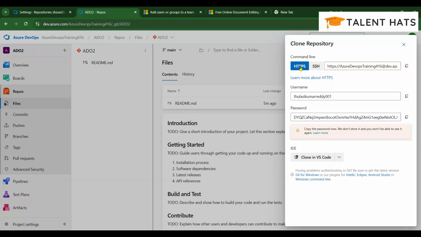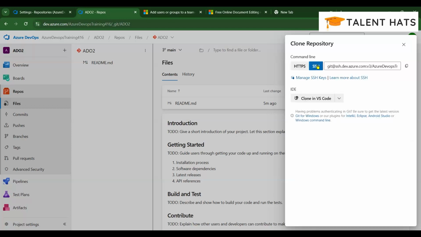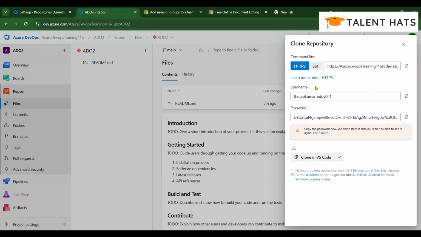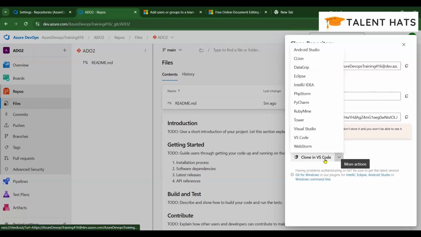And there is another option, clone in IDE, like Visual Studio. So these are all things Azure DevOps supports. If you want to work on the source code and you're not comfortable, we will see how it works. So if I go to Visual Studio,